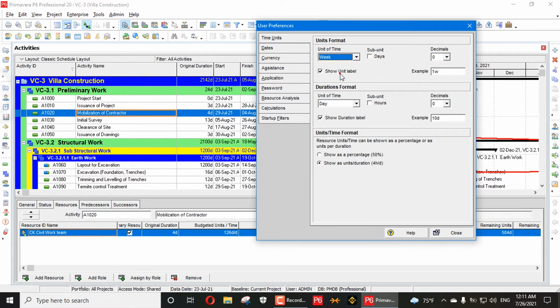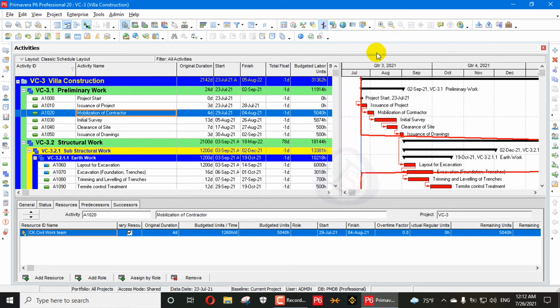Some companies also think per week, but the least unit is also used, because some companies or industries pay you per hour. So that's why the least unit, hour, is the best unit. So you use hour for that. For shutdowns and other small-level projects, you use hour to calculate all your units everywhere.